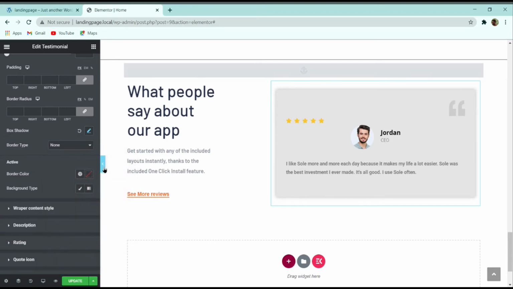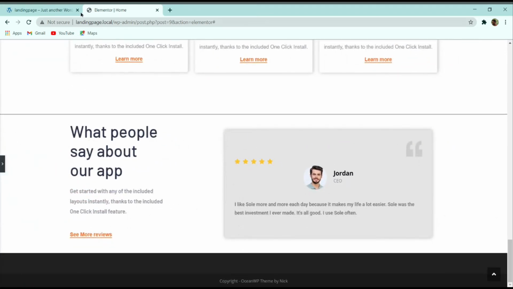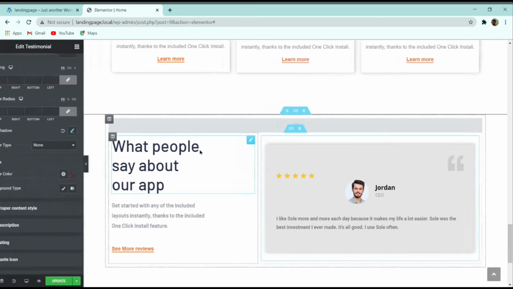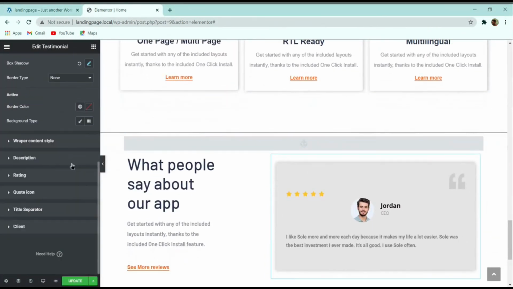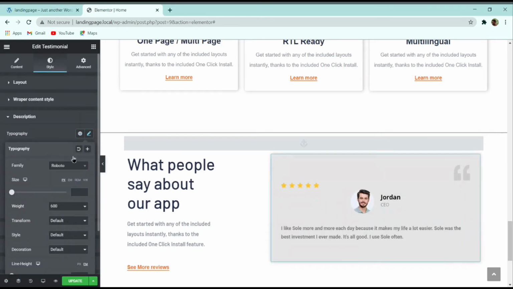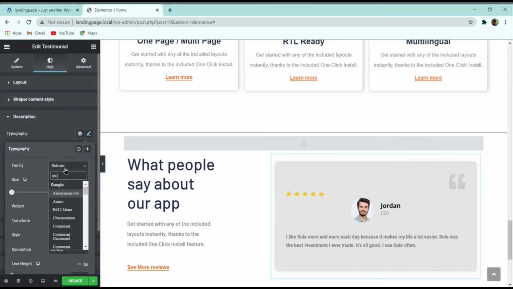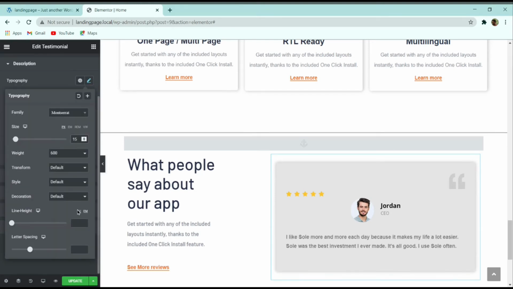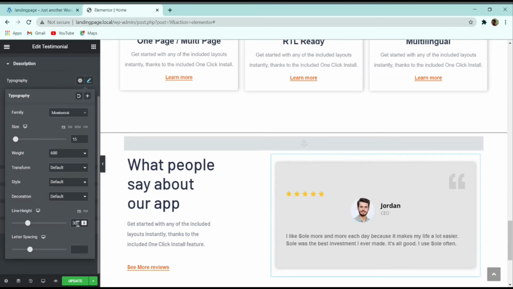After that, we have an almost similar testimonial part over here which we have in our demo website. So now what is left is the description part, here you can change the typography. Suppose font family, let me give Montserrat, and then size I can give 15 pixel, and line height I will give 30 pixel.